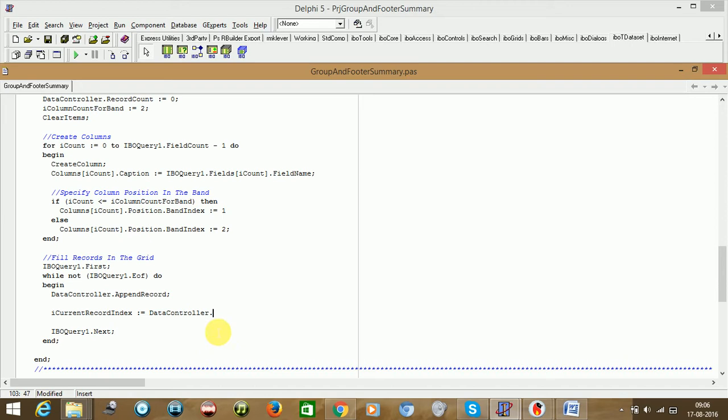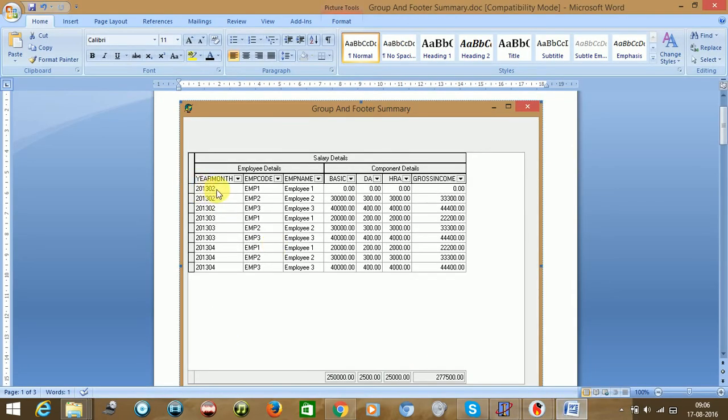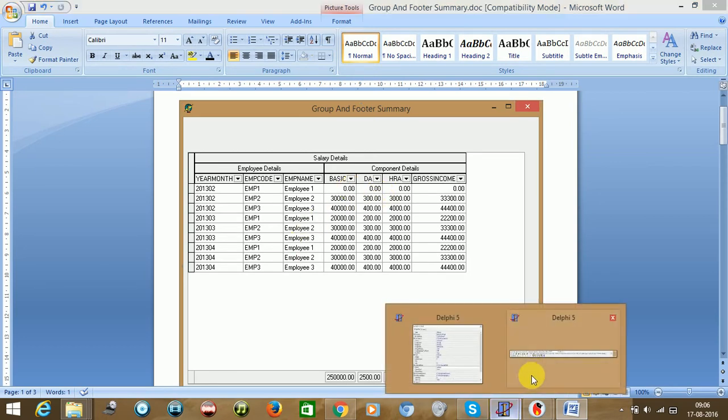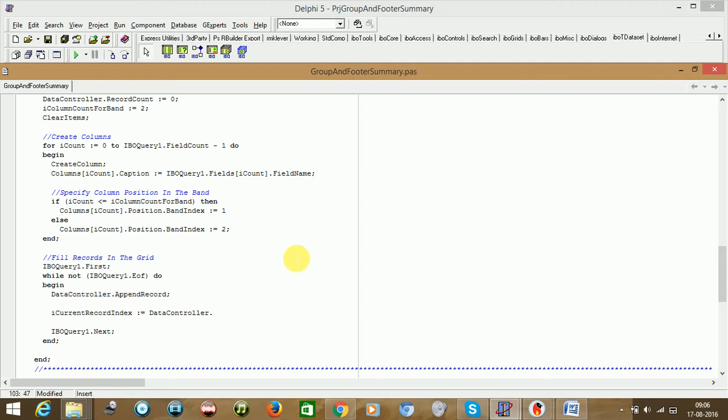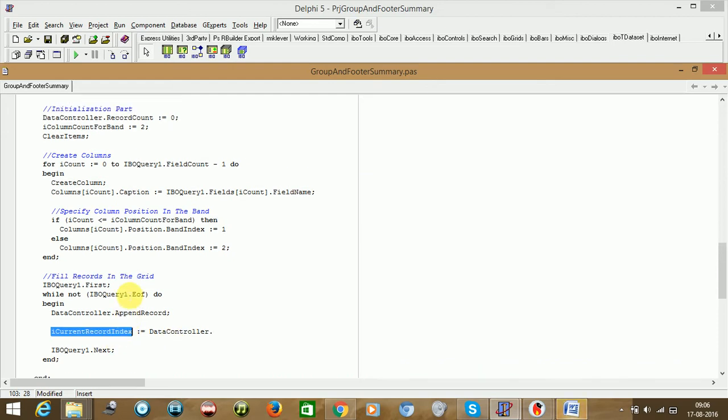When we are adding a blank record inside the grid, the record count is 1, but the record index in the grid is 0. So we need to make sure which is the current index. We need to declare this variable first.